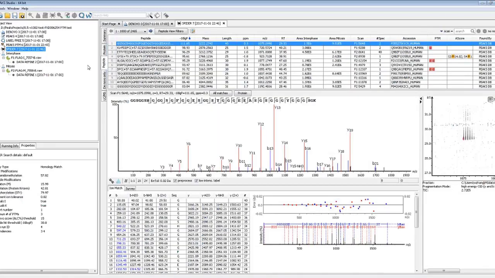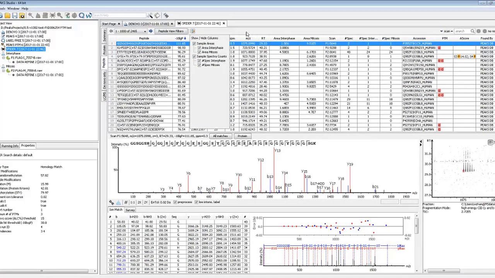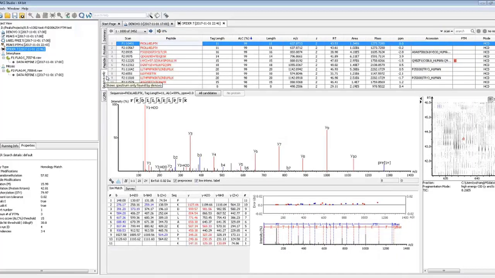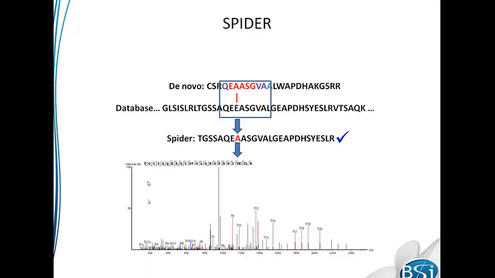You also see in the peptide tab, there are similar options here. Up on the top, you can select sample areas or spectral counts to give you an idea of the differences in the peptides between samples. And the last thing that I'd like to show you here is this Denovo only tab. This is a feature that is truly unique to PEAKS. So going back to the first slide,